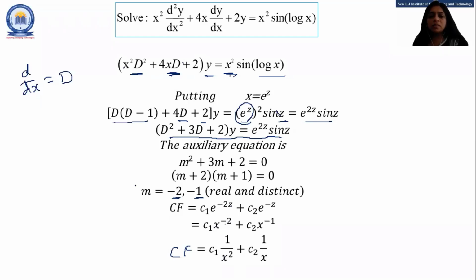Have you any query regarding this complementary function, students? Please let me know in the chat box, or you can ask through raise your hand also. If you have no doubt, then also tell me through chat box that you have no doubt. I want the response from all of you students. Okay. Thank you so much, students, for your kind response that some answers are coming that they have no doubt.